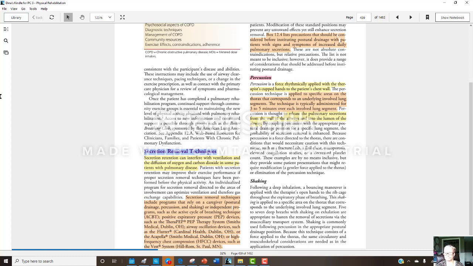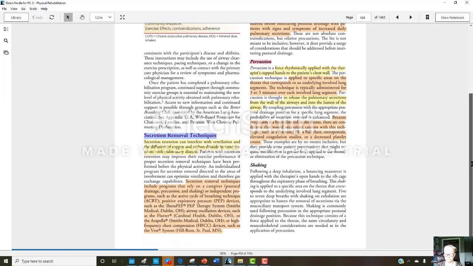Because percussion is a force directed to the thorax, there are conditions that would necessitate caution with this technique, such as a fractured rib, a flail chest, osteoporosis, elevated coagulation studies, or a decreased platelet count. These examples are by no means inclusive, but they provide some patient presentations that might require modification,